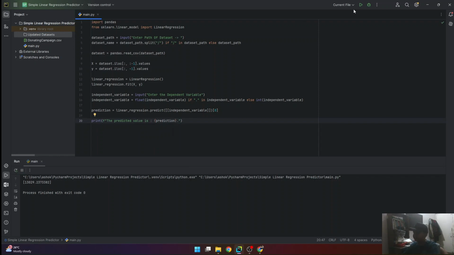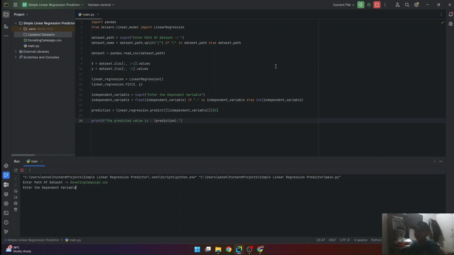So if we were to run the program, enter path, donating campaign.csv, enter the dependent variable. I should have put the arrow mark instead of that. Never mind.